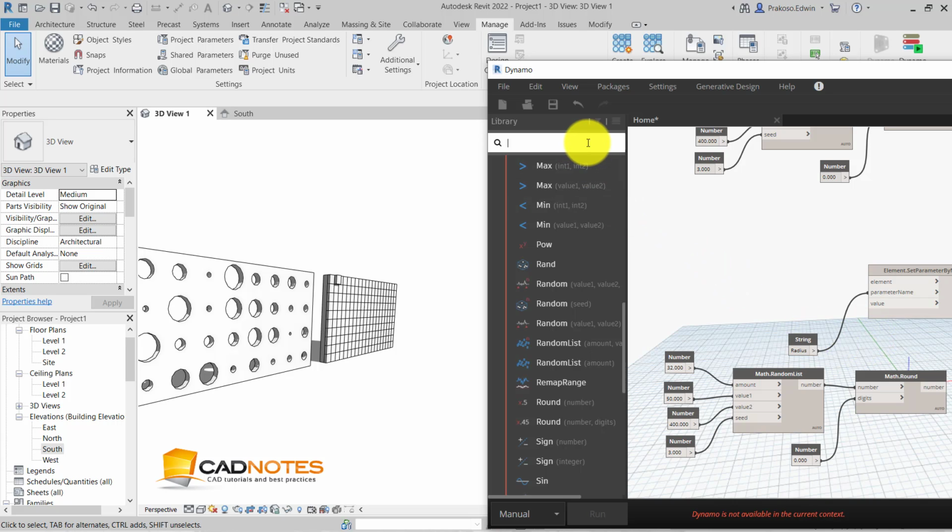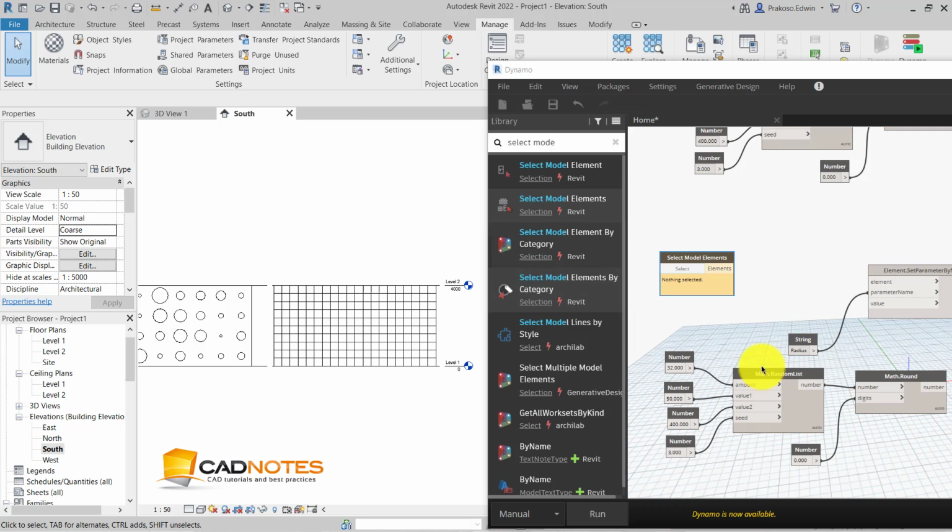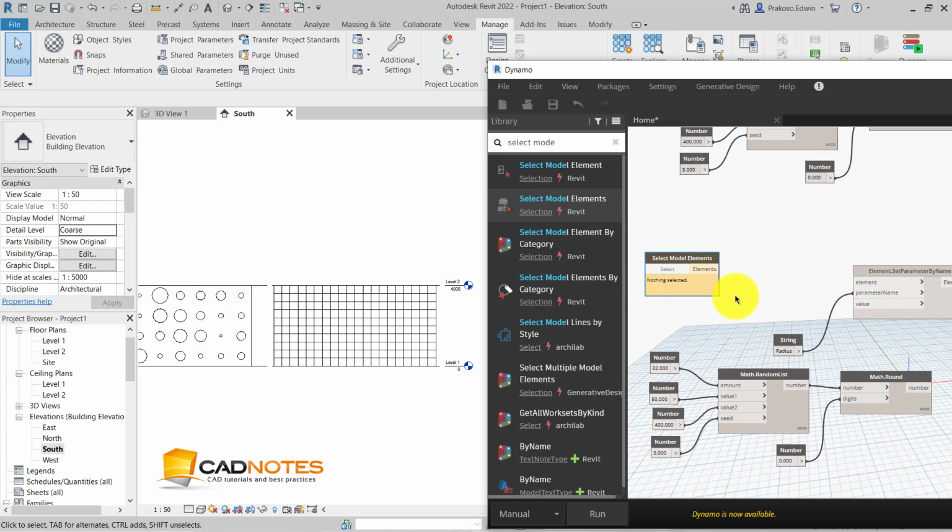I'm going to add one more Select Model Elements node, because I don't want to get confused with this one. So I'm going to go back to South. Let's change this back to automatic so we can click the model elements.